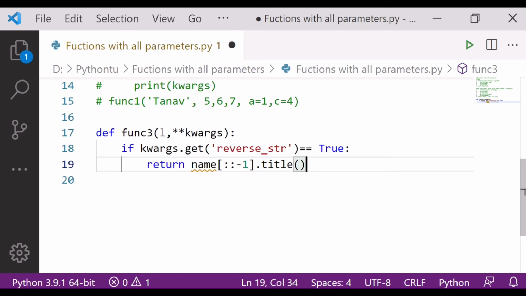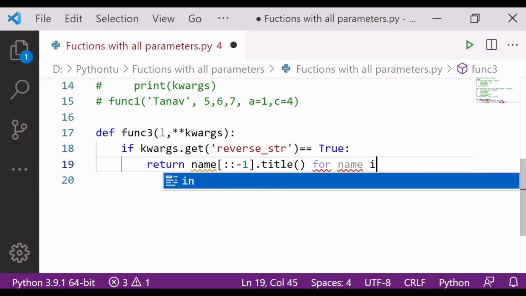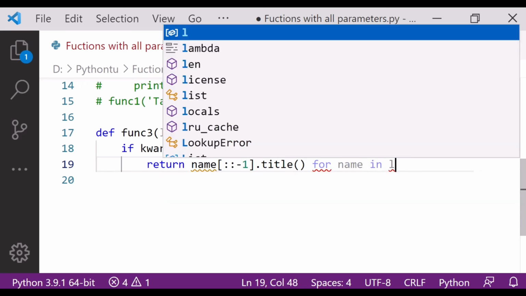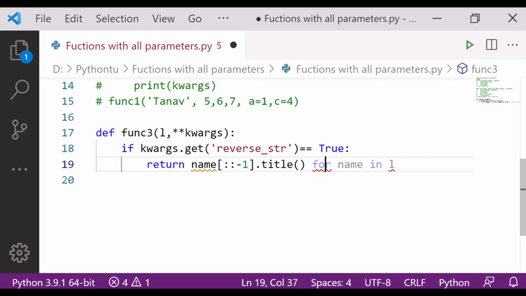And title, I will write this for name in L, where L is the list. So it has to do this, and I have to close the bracket here.